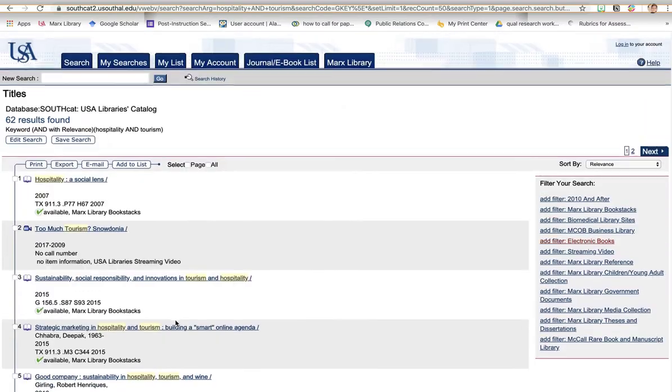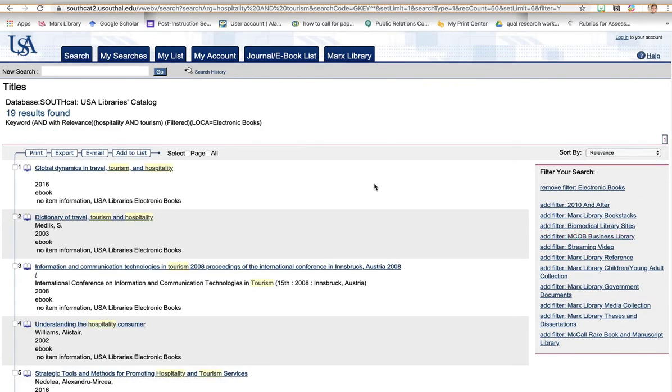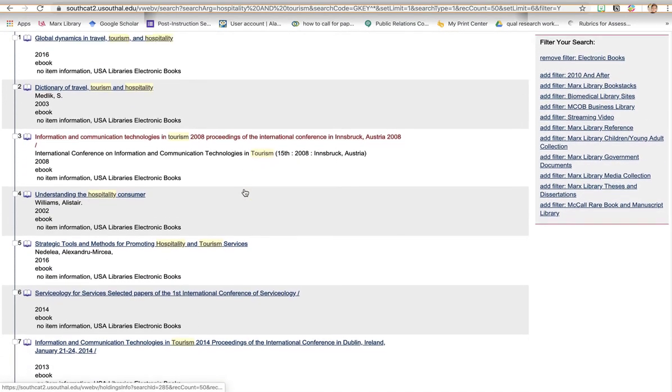Now, if you can't come to the library, maybe you don't want me to show you books that are on the shelf. We can go over to the right-hand side over here and click on Add This Filter and click on Electronic Books. So it knocked it down to 19 results. You can see right up here, there's only 19 books that are electronic books. And you can read just those titles. There's a dictionary,